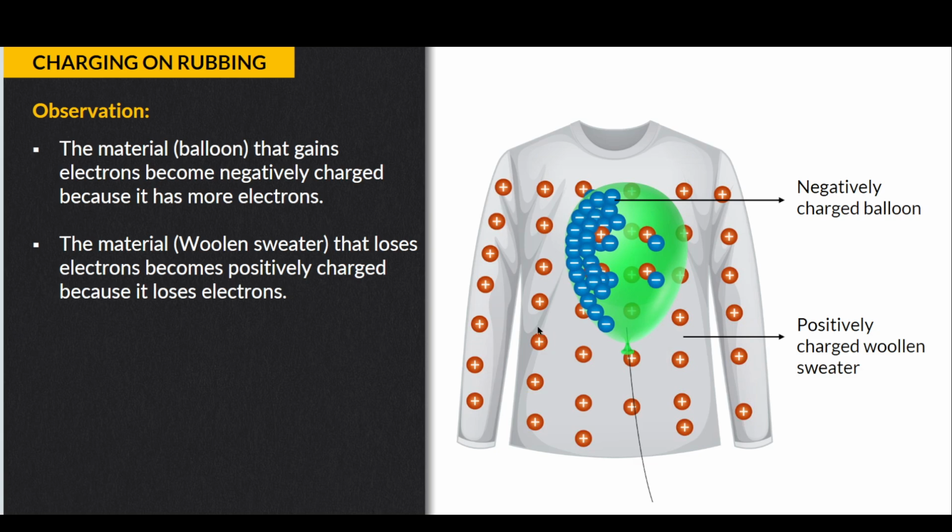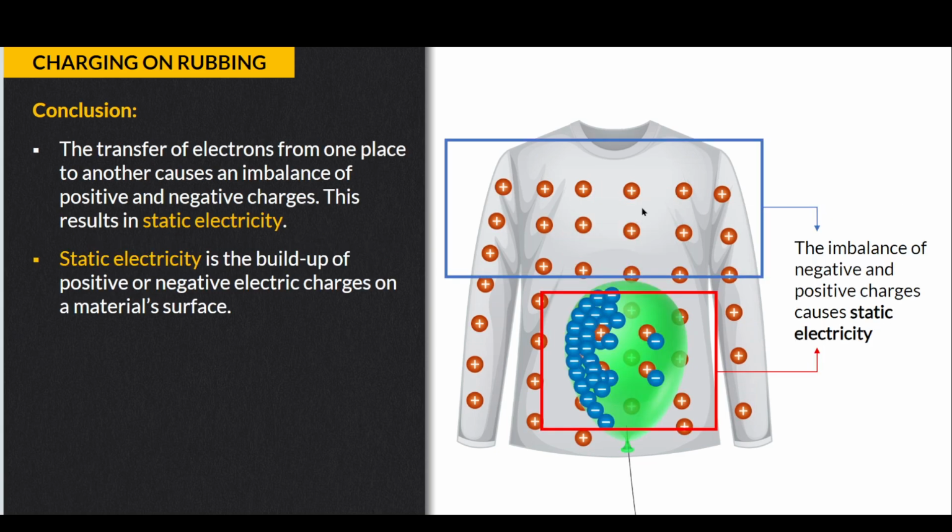So if it is losing negative charge, it will become positively charged. Now there is an imbalance of charges. One is positive, the other is negative, right? So the transfer of electrons from one place to another will cause an imbalance of positive and negative charge, and this results in static electricity. So basically, static electricity is the buildup of positive and negative electric charges on a